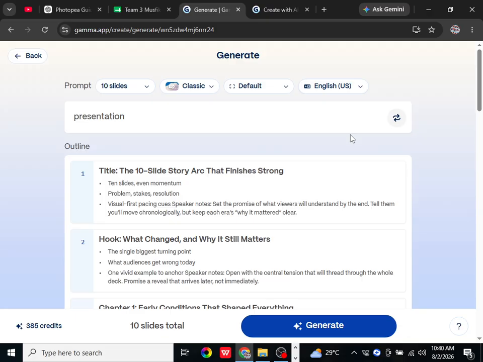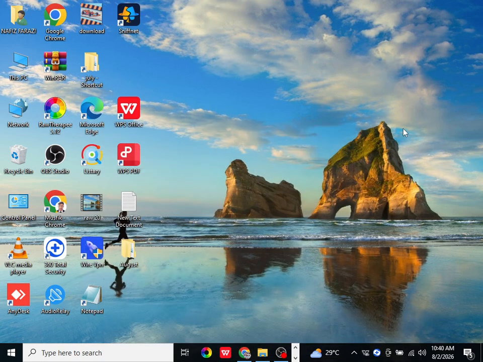project is ready. And that's how you can customize themes in Gamma AI in 2026 to create a more professional